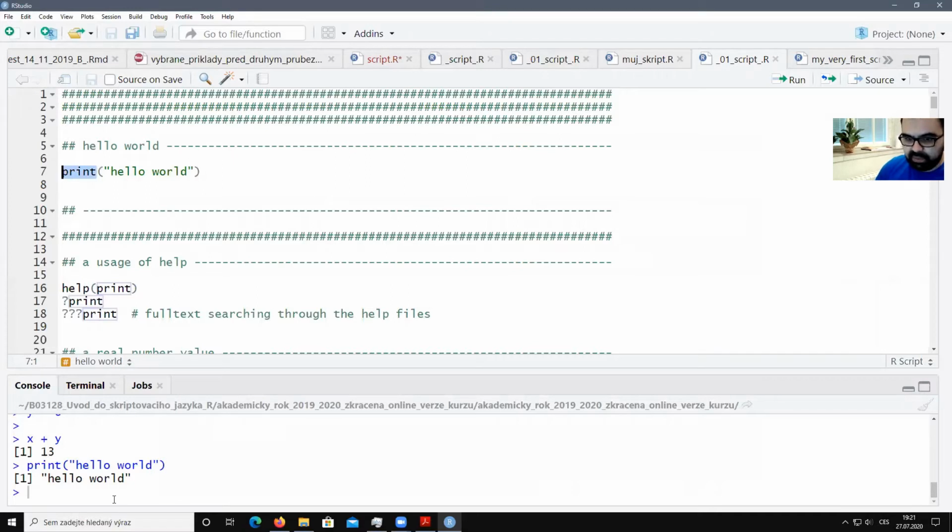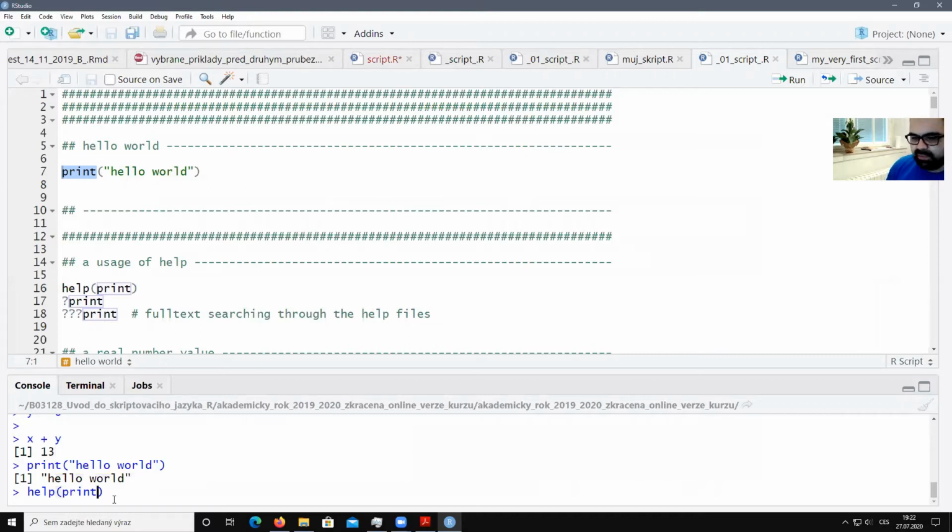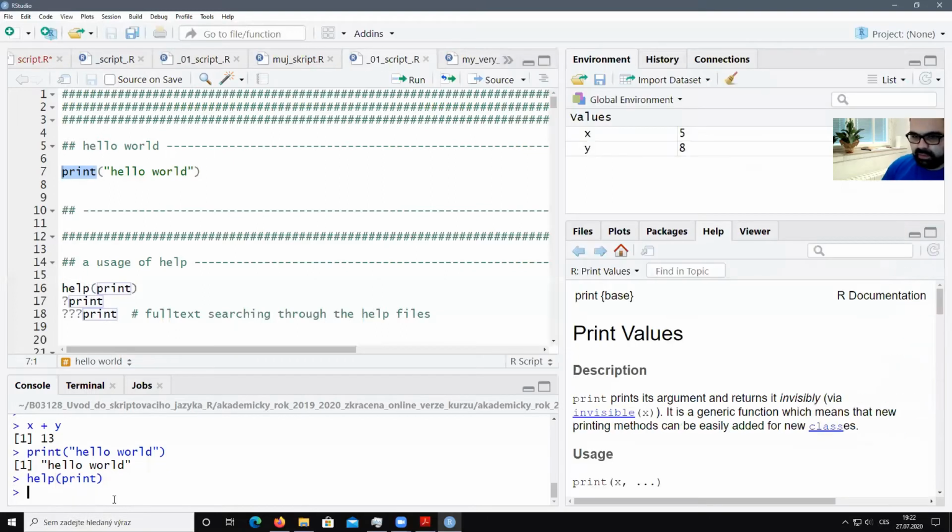The first option is just to type help. Help is a function itself, and there's an argument of the function. I'm writing print inside and pressing Enter. Of course, I can write it in my script, but honestly, I think that searching for help is not something which should be included in your script, because the command is so simple that you can write it directly to your console. Help print, and you can see it